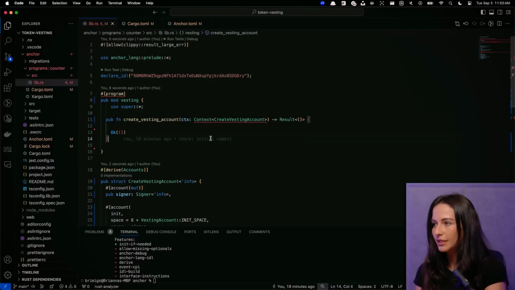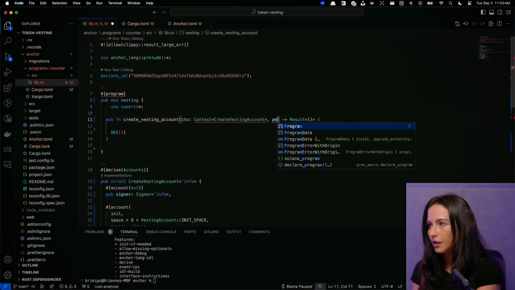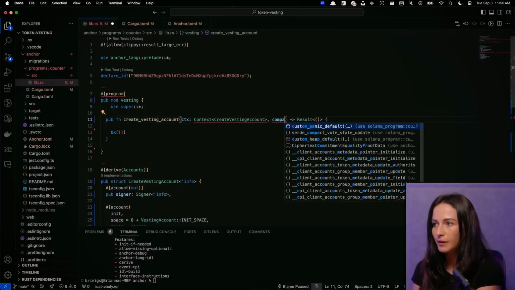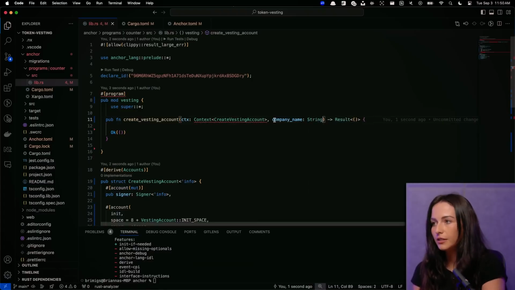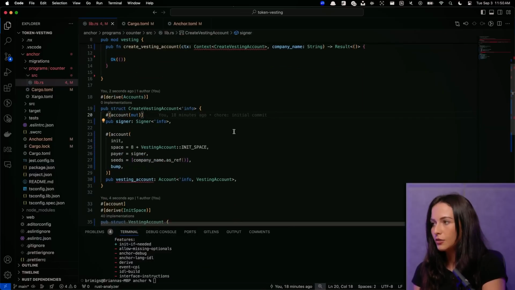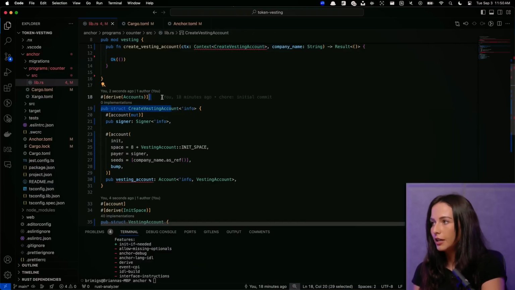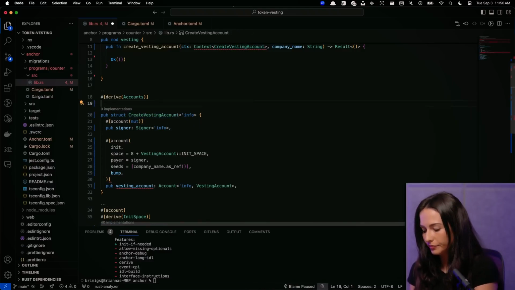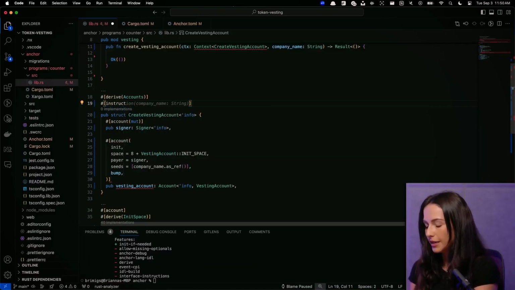So yes, we need to update the input parameters from the instruction first and just say we're allowing on the front end someone to type in what the company name is. That'll be of type string. But this still isn't passed through down here. So to be able to pass this information through our context data structure, we're just going to add this macro that is basically saying we're pulling this variable from the instruction. So we'll do the instruction and then name the variable. So we're using the company name